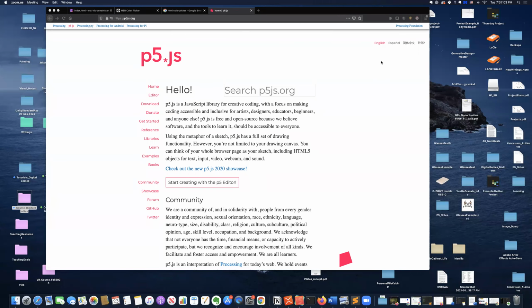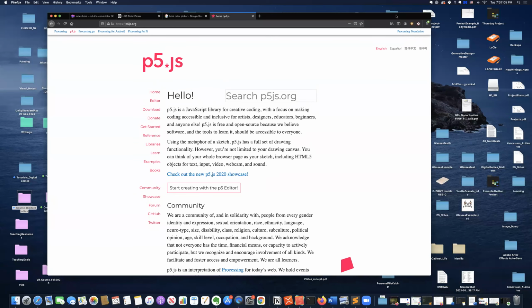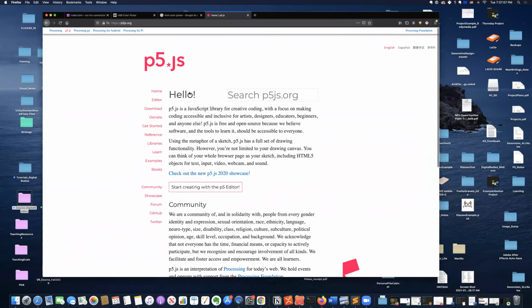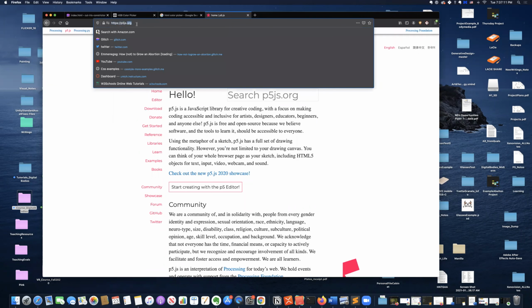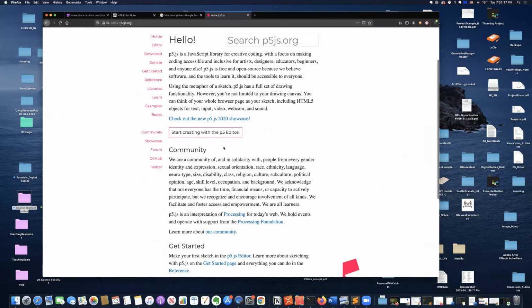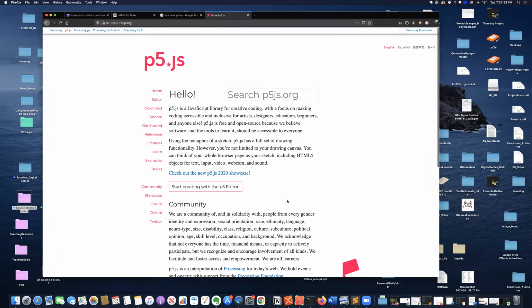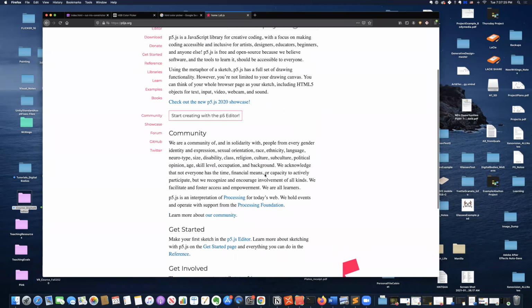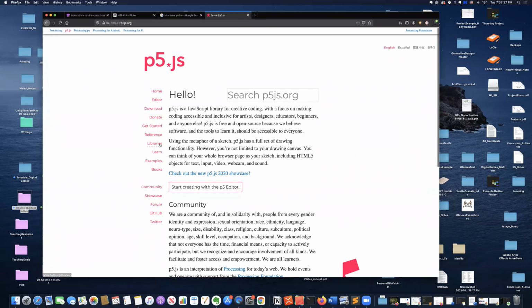Hi everyone. In this tutorial, we're going to move on to working with the P5 library. So if you go to p5.js.org, it should take you to this home page. And we are going to start using the library, which is a set of JavaScript functions, which they have created